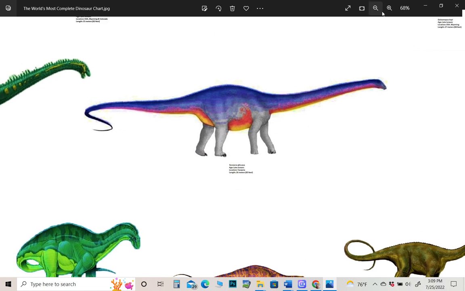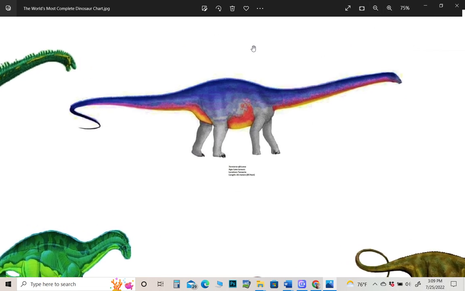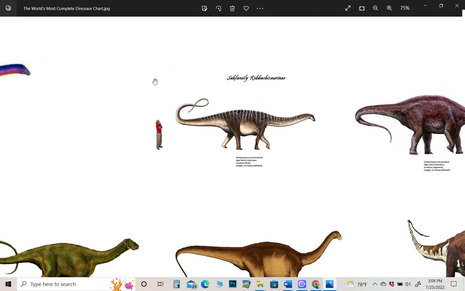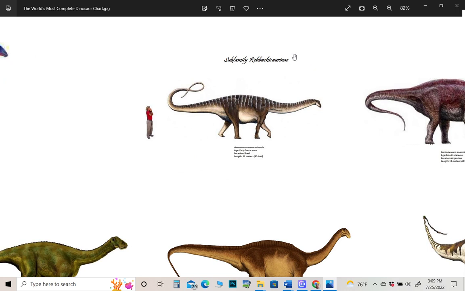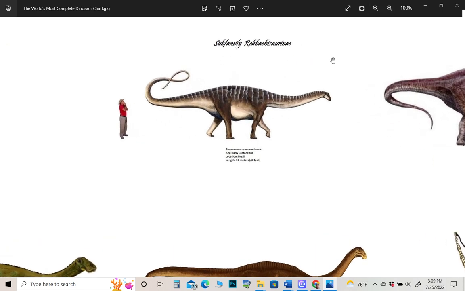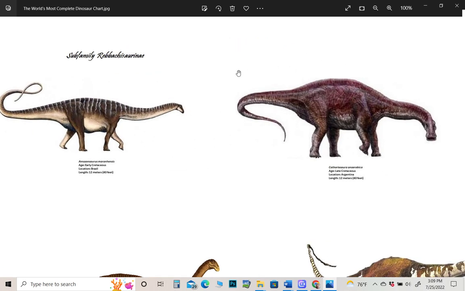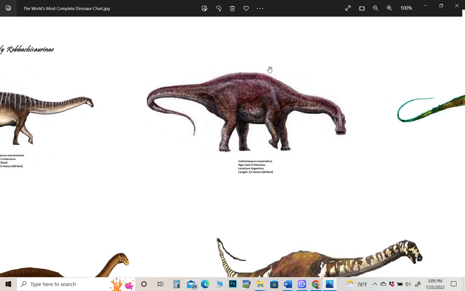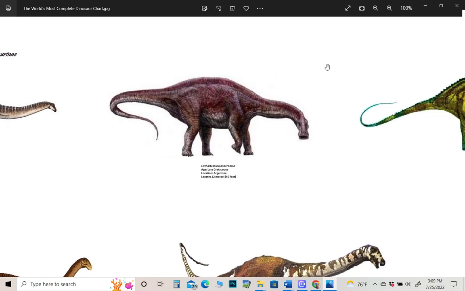Seismosaurus, by the way, is not here because it's now classified as a new species of Diplodocus, so it's not its own genus. Tornaria, that used to be one of the largest dinosaurs. Actually, I remember when the Brachiosaurus was the largest dinosaur, and then they found Supersaurus, and then Ultrasaurus, which is now the same thing as Supersaurus, and then they found Seismosaurus. So for a while, Seismosaurus was the largest one, and then they got upgraded by the Titanosaurs, the ones we talked about before. Amazonsaurus. This is the Rabachisaurine subfamily, which is actually a family, but once again, Cathartosaurus,